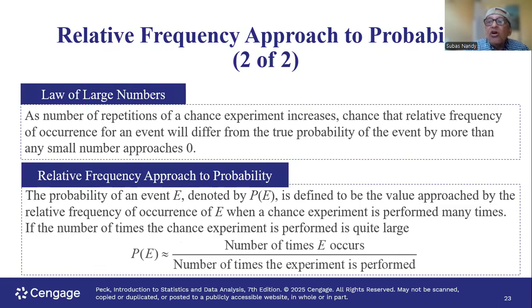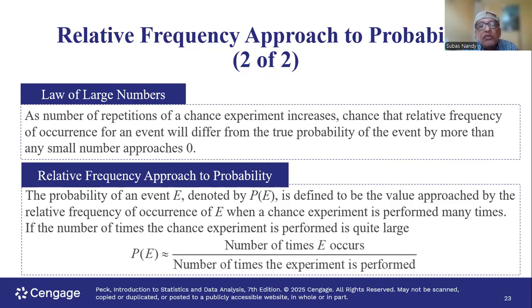So this is called the law of large numbers. In simple language, what does it mean? As you saw in the probability experiment, if you repeat an experiment many, many times, the probability of an event, and in this case head, in our example, will approach its theoretical probability, which is 0.5. So the law of large numbers means a large number of repetitions of a chance experiment. Repetitions means you're tossing the coin many, many times.